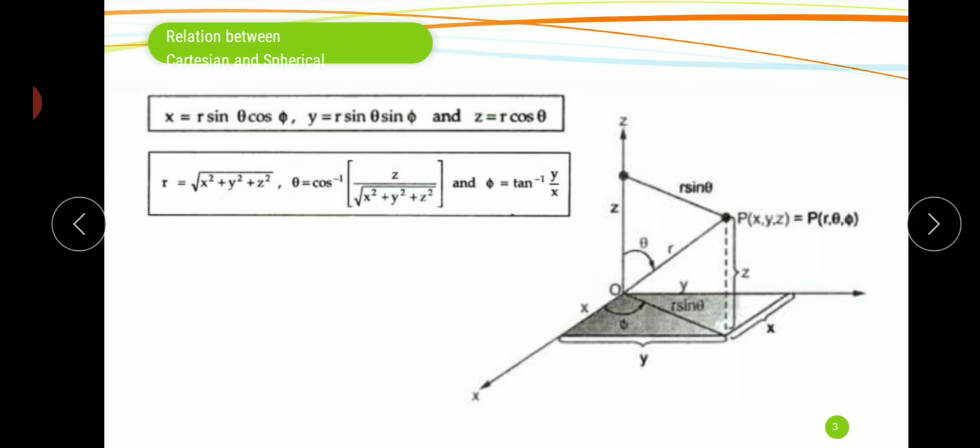In the same way, if you know the values of x, y, z, substitute them in this formula, and we get the spherical variables, that is r, theta, phi. So these are the uses of these equations. We can easily convert the Cartesian coordinate system into the spherical coordinate system and vice versa. That is the use of transformation from Cartesian to spherical coordinate systems. That means you can find the value in any type or any shape of conductor. So that is the use of these three coordinate systems.